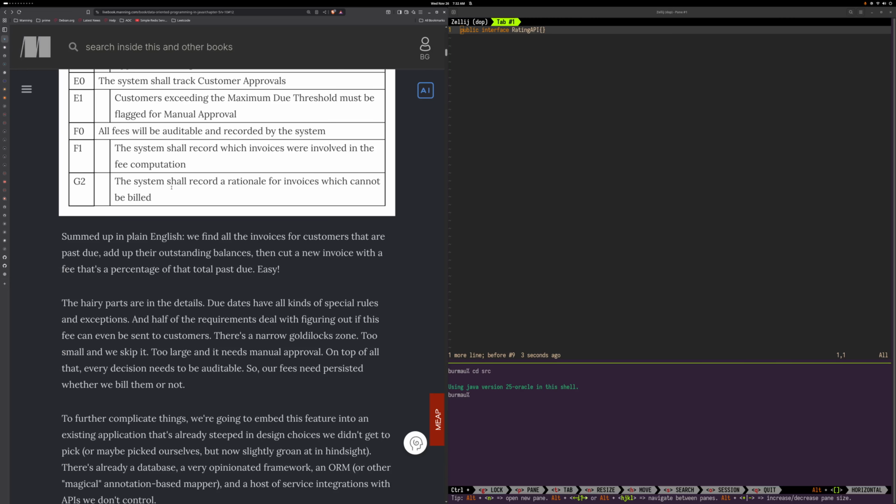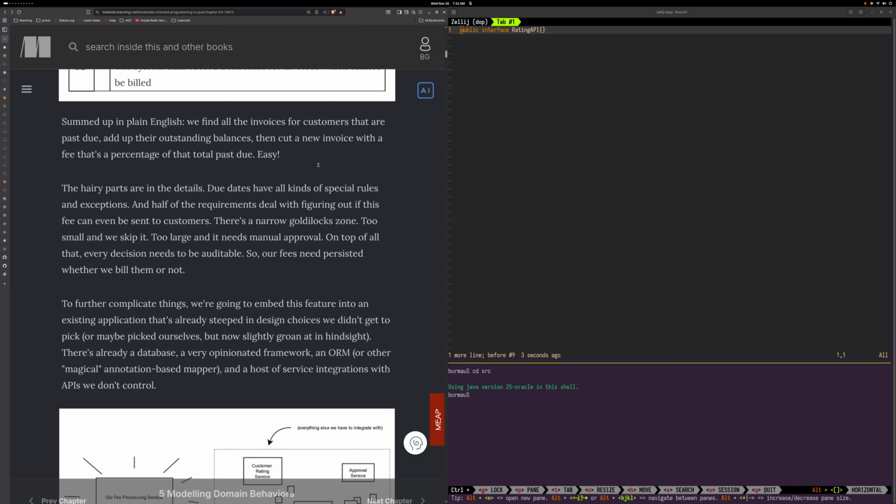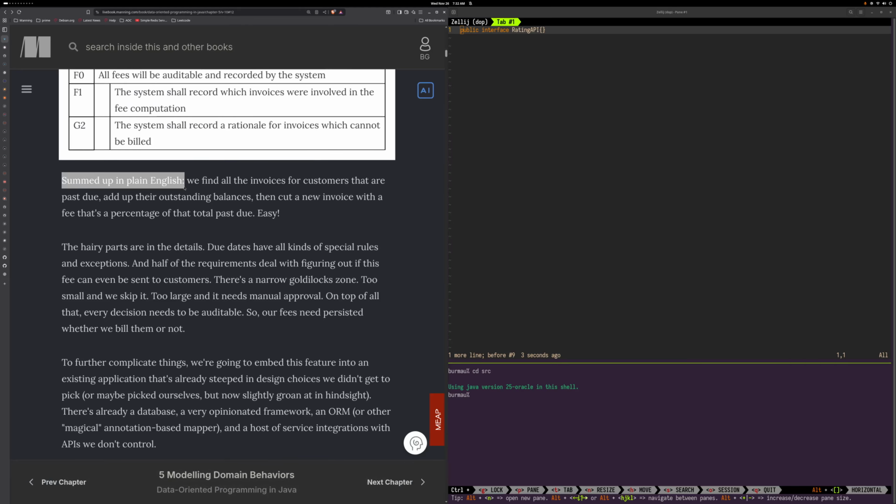Or maybe let's read G2. The system shall record a rationale or whatever they call it for invoices which cannot be billed. So what is the reason why you can't bill it? The system shall record which invoices were involved in the fee computation. Okay, summed up in plain English,